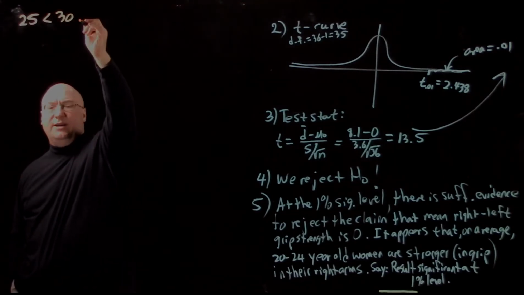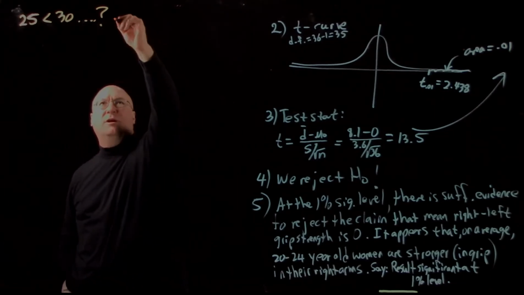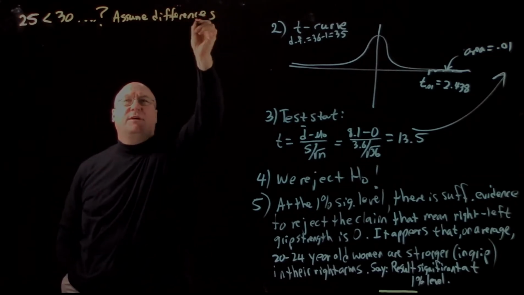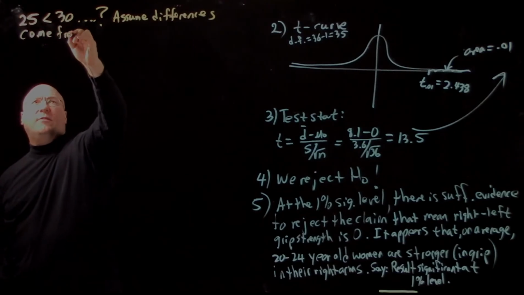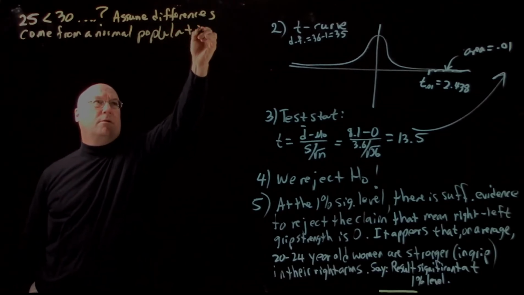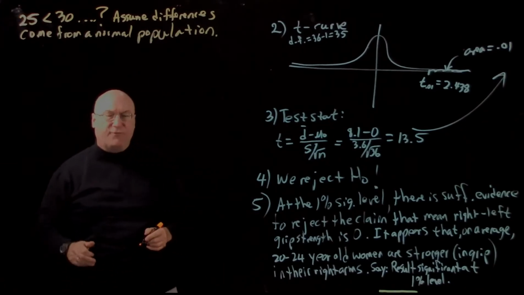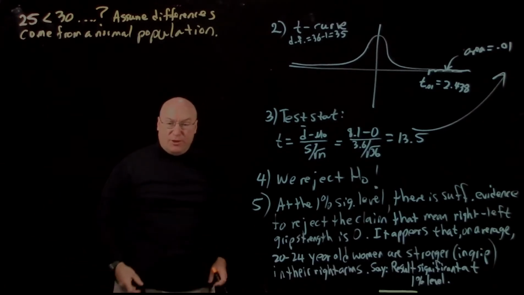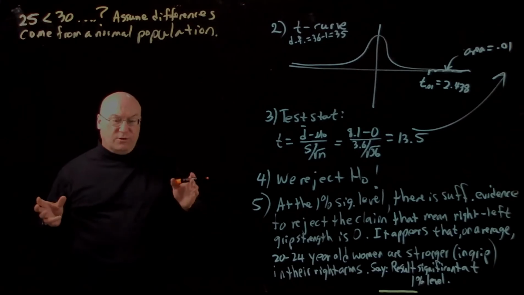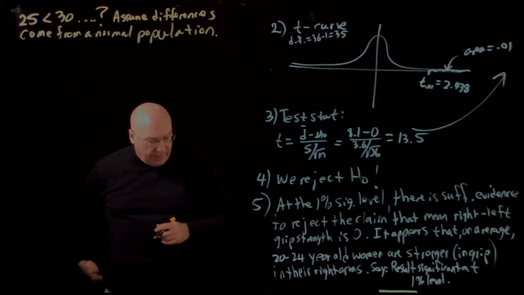25 less than 30. So what are we doing? Well, we're going to assume that these differences come from a normal population. Assume they come from a normal population. Therefore, we don't need n to be bigger than or equal to 30. We know that if we compute a z-score, it really is normally distributed, normal 0, 1. We compute a t-score, we can trust that it is t-distributed, or close enough. All right, so